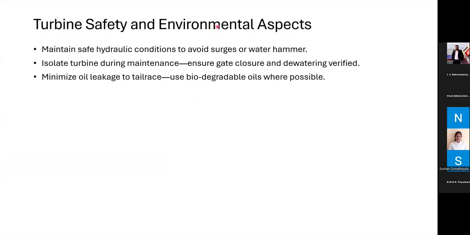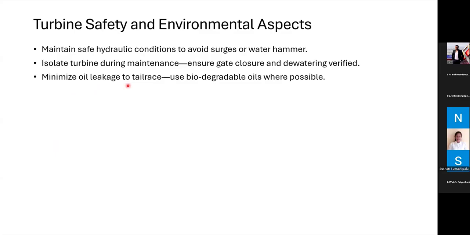Regarding the safety and environmental aspects, maintain safe hydraulic conditions to avoid surges and water hammer, and isolate the turbine during maintenance to ensure gate closure and dewatering, and minimize oil leakage to the tail race. So use biodegradable oils where possible, because that's a major concern with hydro turbine generators, the oil leaks that can happen, because many synthetic oils are used in the generator